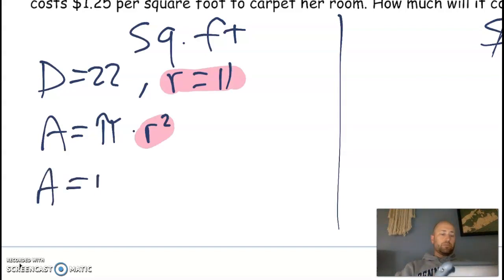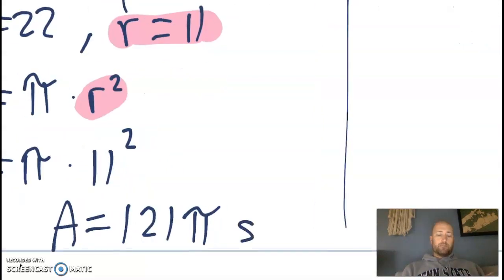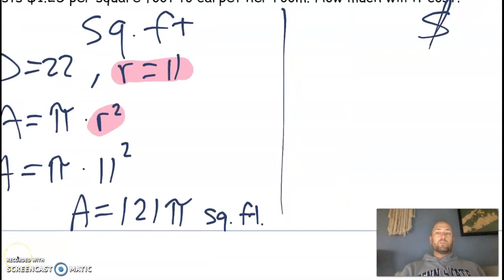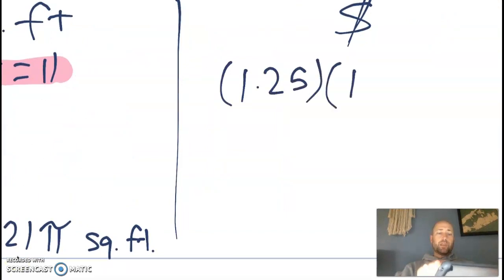So area is equal to pi times 11 squared. 11 times 11 is 121. So I'm going to keep this in terms of pi because that way I don't have to do any rounding at this part of the problem. I'm going to use that number again, and I can simply type that number into the calculator. So if it costs me $1.25 for each square foot, and I have 121 pi square feet, I'm going to take those two and multiply them together, and it comes out to